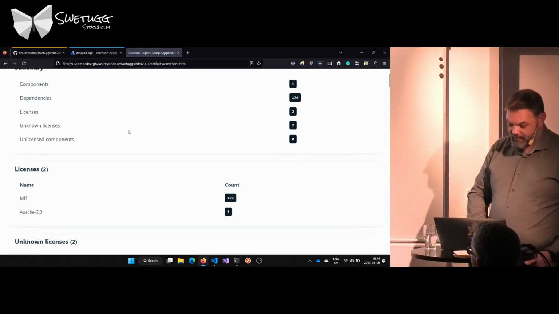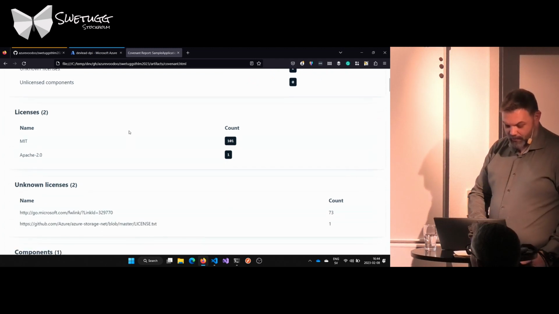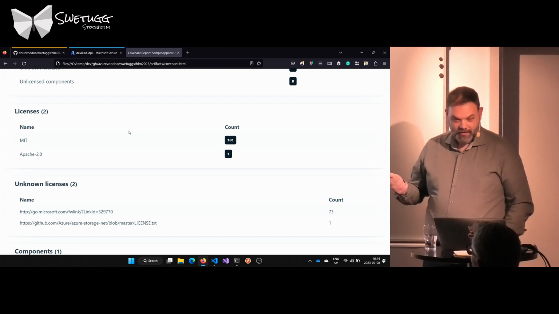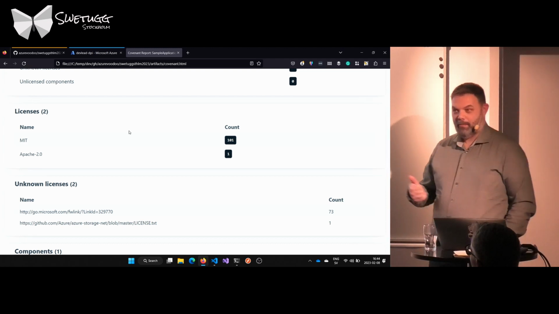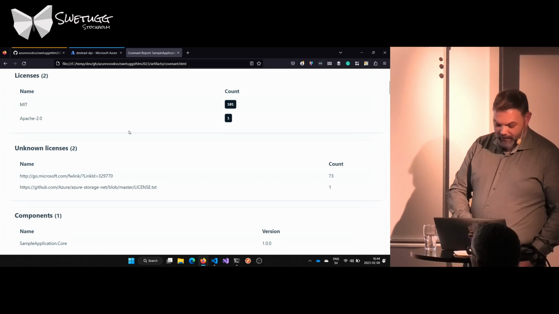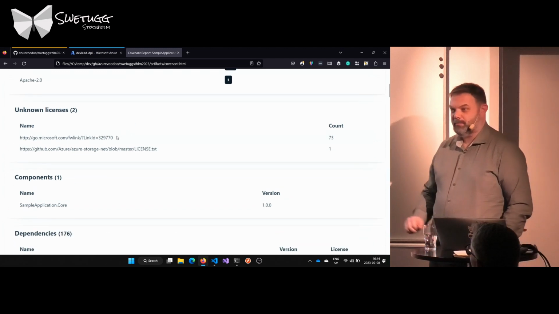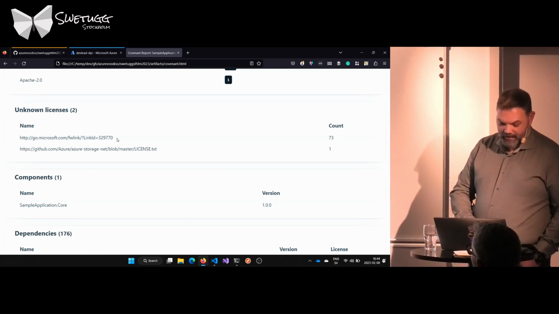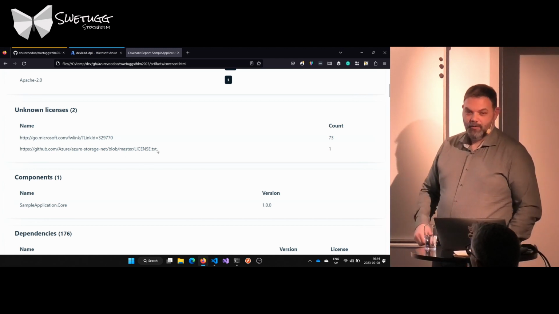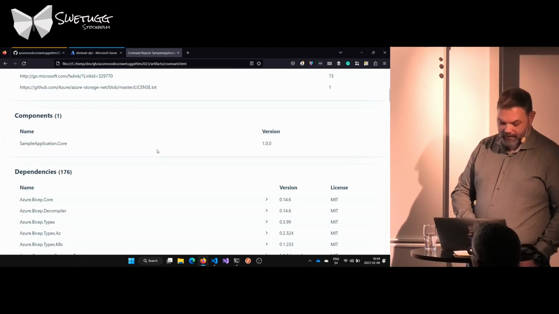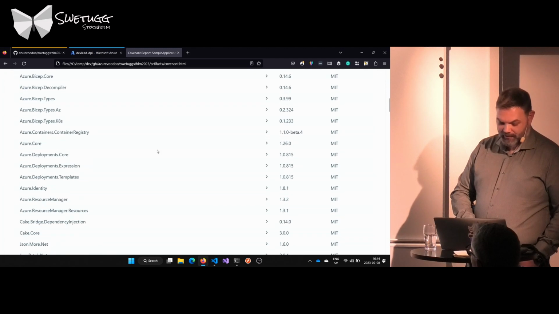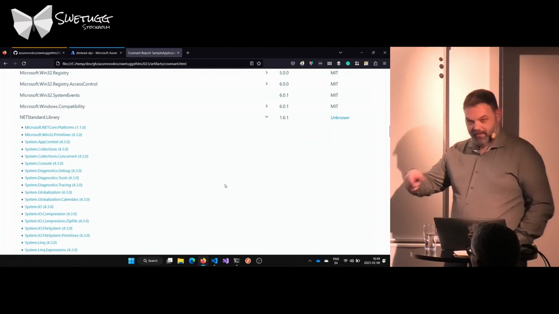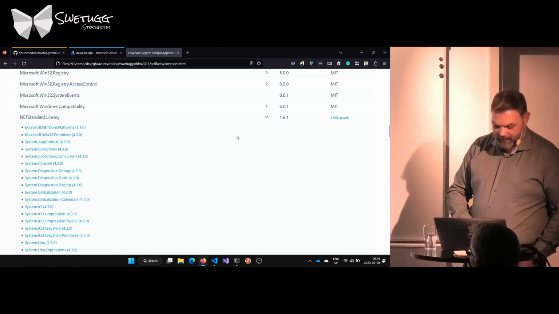You know the developer, but it's nice to have a report which has, like, what license am I using. This has 101 packages that use MIT, one that uses Apache 2. You have unknown licenses, which are some of the Microsoft licenses, because the runtime is licensed a bit differently, so you have to go to it. And you have things like the Azure Storage SDK, others. So this is a way to identify and get something to give to your manager, and you can see all of it, which I think is a really nice addition. And you can see what dependencies they have on the service. So I think it's a good